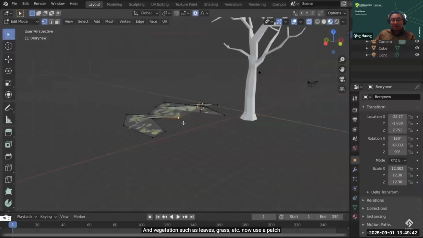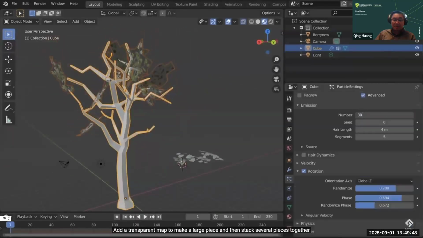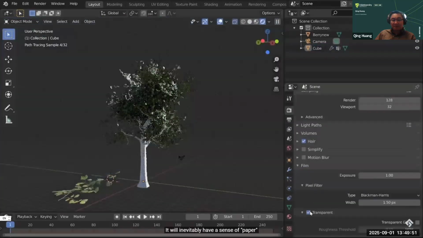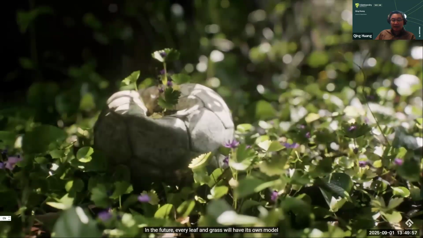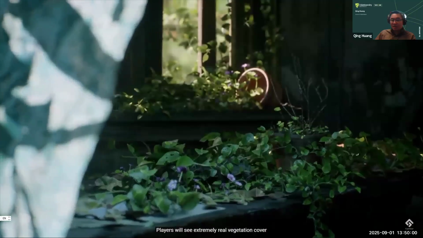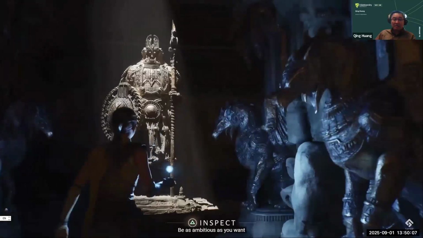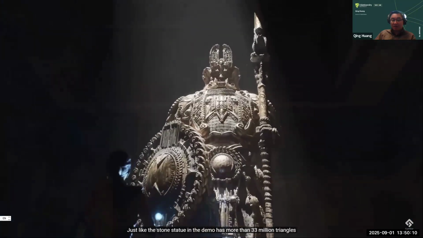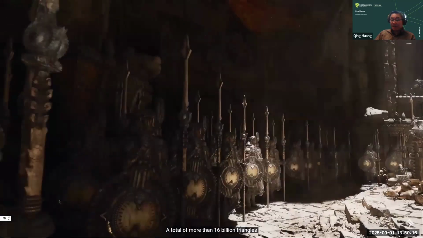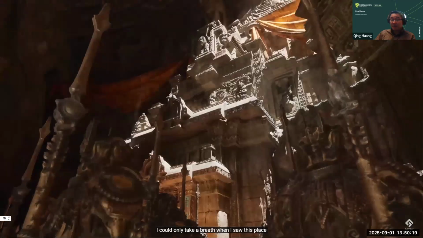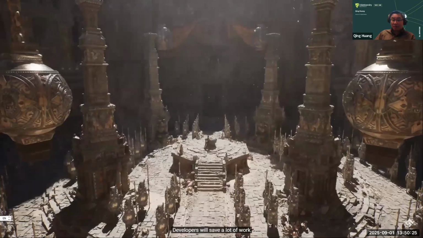验了。还有树叶、 So it 草 can deal 地、 with 树木，现在可以 organic 使用一个面片将不明 objects 变 such as the 的所有的 trees, 杂片 unlike 然后 before the 放好 tree 来交 leaves 叉 are 放给玩家 actually 这样难 like 免 a 会有 piece 碎 of 片 paper 设计 and 角度 you 确实在哪 changed 里。 its 未来 direction. 每一片叶子 But later 该怎么 now 做 you 都将不同 can 的模型， actually 玩家将会看到无比的 render 细 each 节 individual 可以 leaves 而整个场景更 and 是不用考虑面部 in 限制 respect 了， to the 想做多 lighting 大就做 situation. 多 So 大， like a 就如演示 statue 中的 like 细节 that, 超过了 easily 3300 over 万的 32 参 million 数。本来像 triangles. 个场景， And 现 you 在玩家 have 放了5 more than 500 用 of 超 them. 过了 But the 160个 render 三角形， engine can 当时 deal 大 with 家就 them 爆炸的怒气， effortlessly. 天哪！ And in 对 real 整个开 time, 发者来说，那更是 uh, 如沐春 in 风。 real 开发 time, 者将省掉大 responsive 量工 to 作，